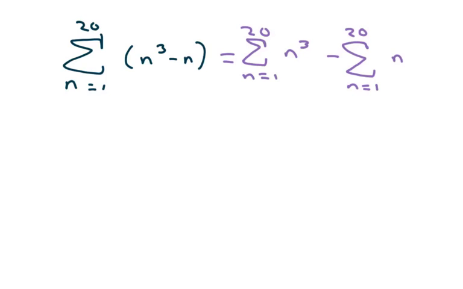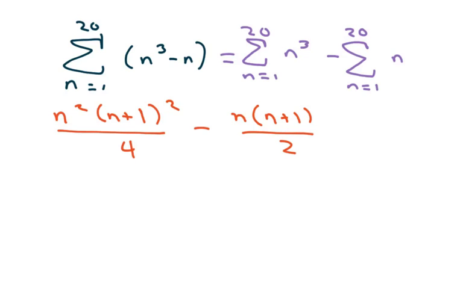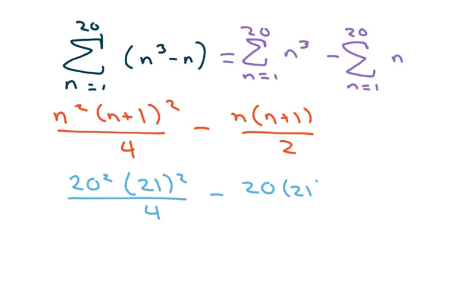let me get it out. That one's going to be n squared times n plus 1 squared over 4, and the one for n is just n times n plus 1 over 2. Now my total number is 20, so I'm just going to plug in 20 for everything. So we get 20 squared times 21 squared over 4 minus 20 times 21 over 2,